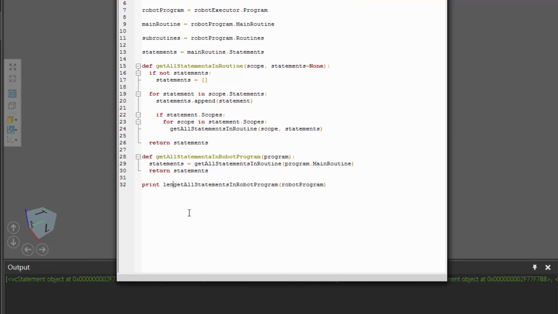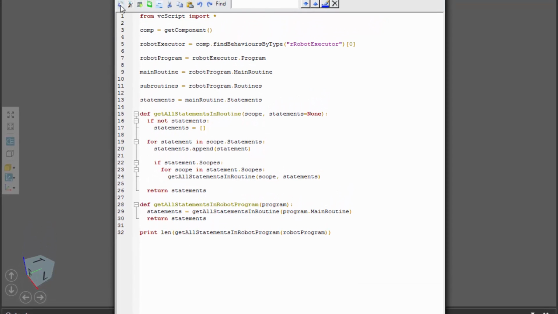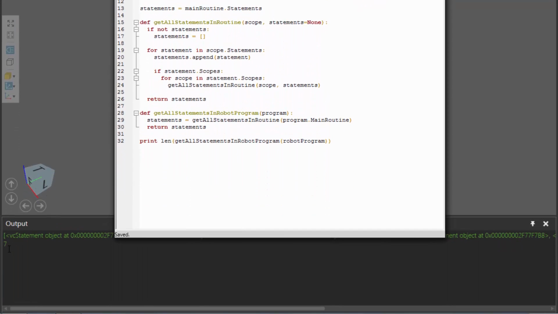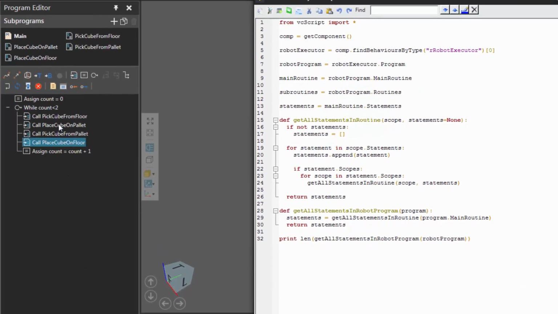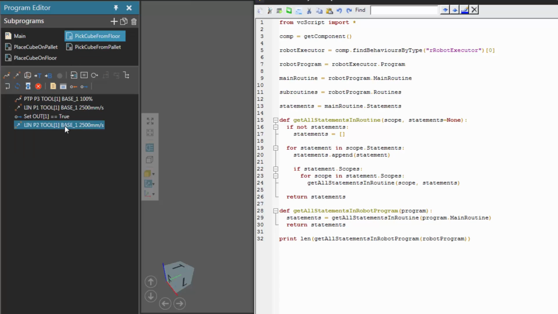So it should probably be more than 7. That's what we're expecting. So we use that built-in function again of length. Compile the code, and we get 7. Now we know that's not true. The main routine has 7 statements, but notice we're calling these subroutines, which have 4 statements each.